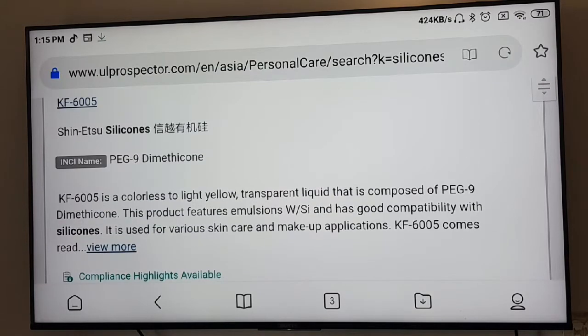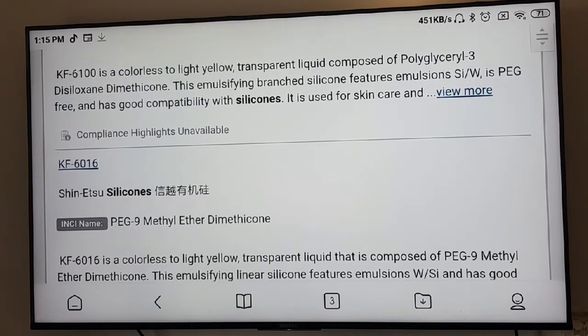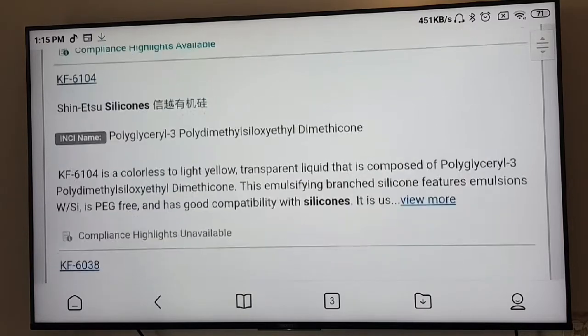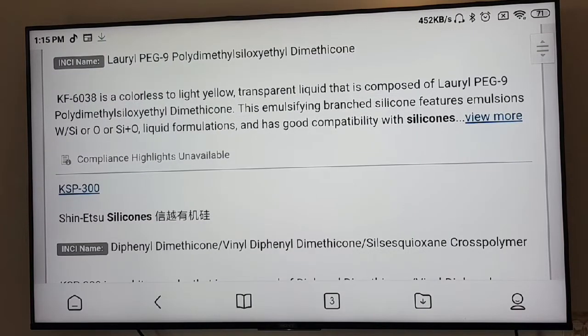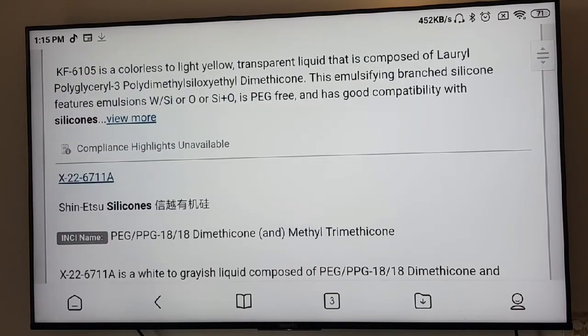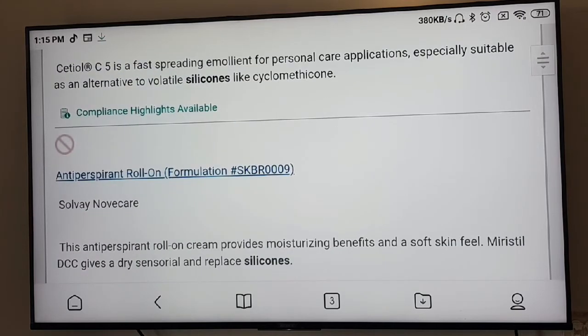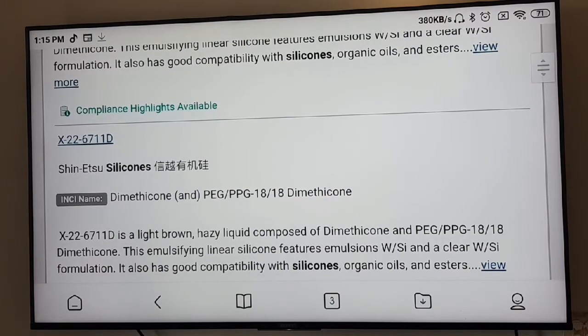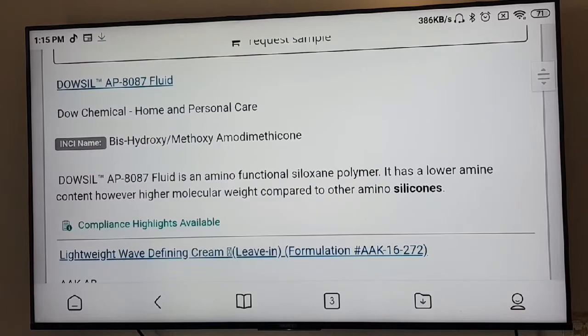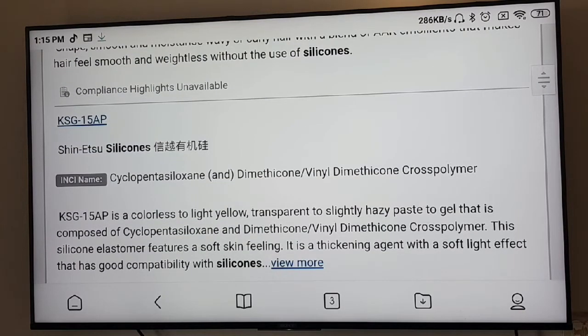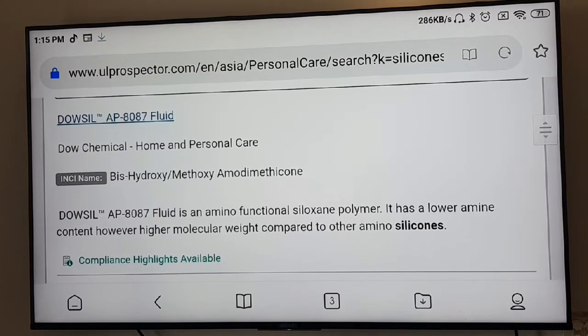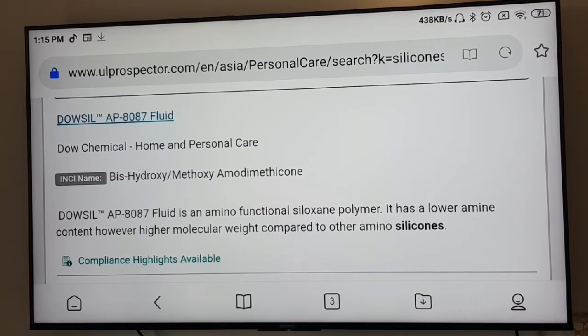So if the trade name of the silicone is, for example, Dowsil AP 1887 fluid produced by Dow Chemicals.